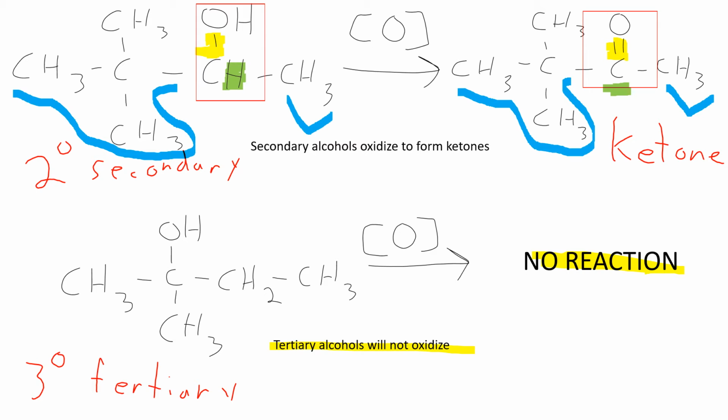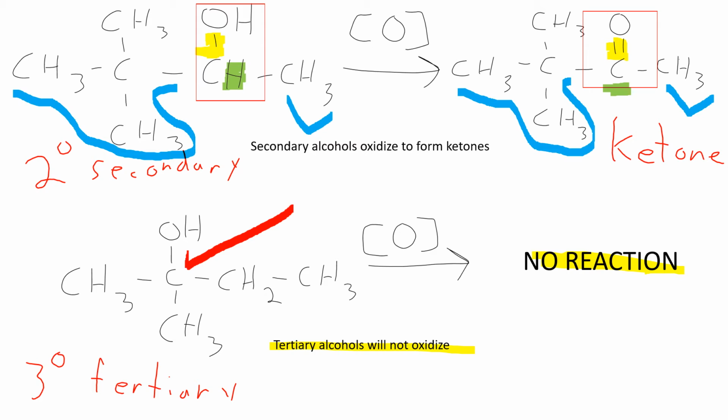And we can kind of understand why. Because what has to happen in an oxidation? Well, in an oxidation, what has to happen is we're increasing the number of carbon-oxygen bonds. Okay? But in order to make room for that more carbon-oxygen bonds, we had to lose a carbon-hydrogen bond.